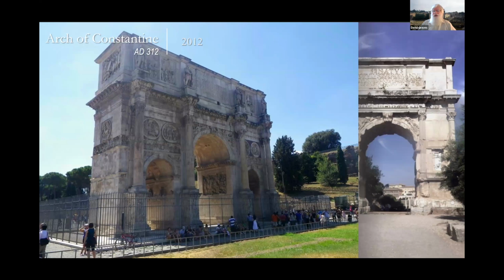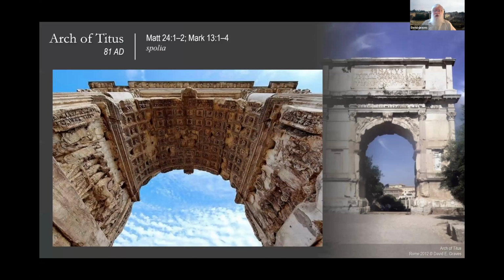Thinking that this is the Arch of Titus and was Arch of Constantine or something. So I went back to my books, and this is actually what the Arch of Titus looks like from the inside, as you stand between the arches and you look up. So you've got a panel on this side. And this photograph here is taken from the other side of this arch as you're walking this way through the